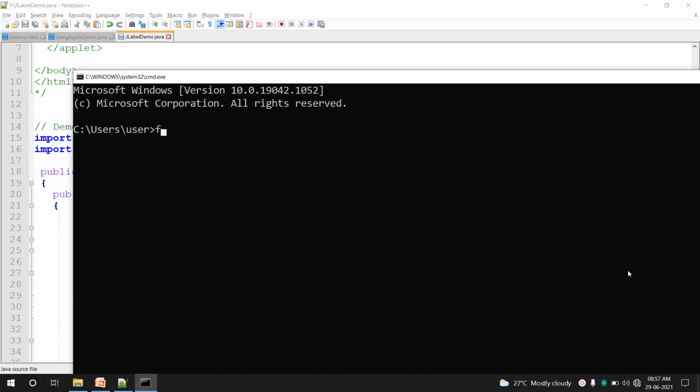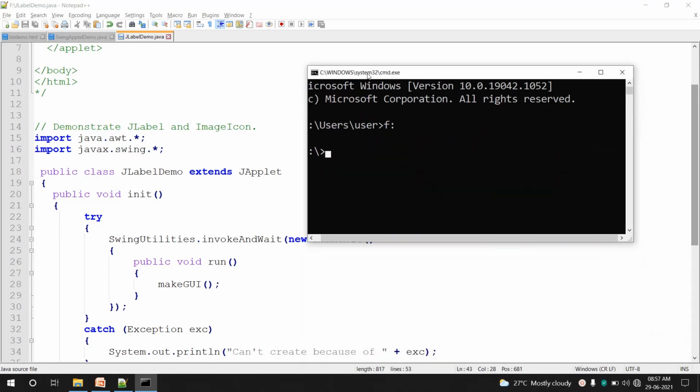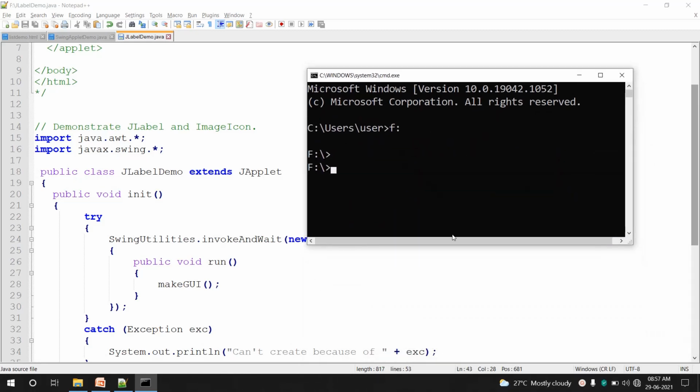CMD is open. Move to F drive. Here we can compile it by using javac JLabelDemo.java.